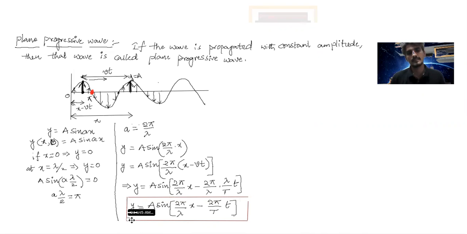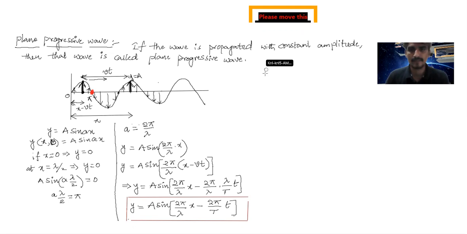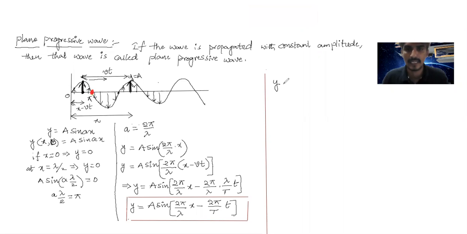Okay, this is a general equation of a plane progressive wave. What is that? y is equal to a sine 2 pi by lambda into x minus 2 pi by capital T into small t. This is the general equation. Now in this, if we observe that equation carefully, then we can write it as, now I'm going to write this wave equation as y is equal to a sine